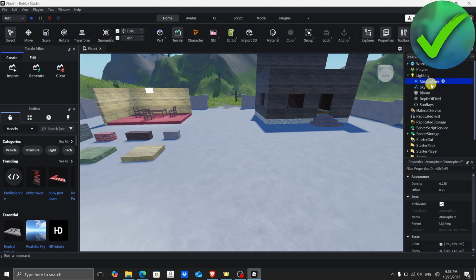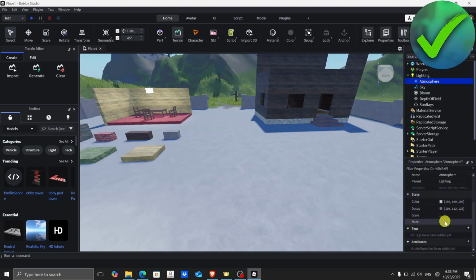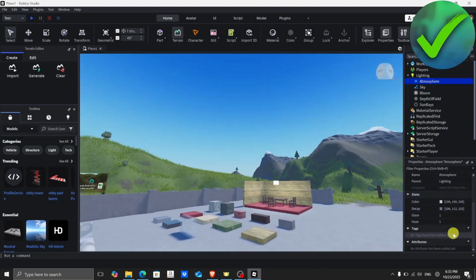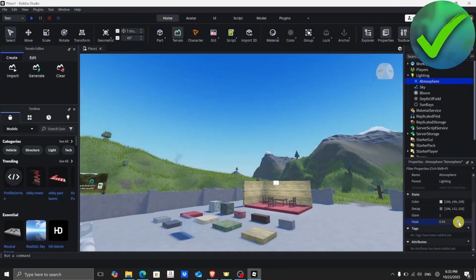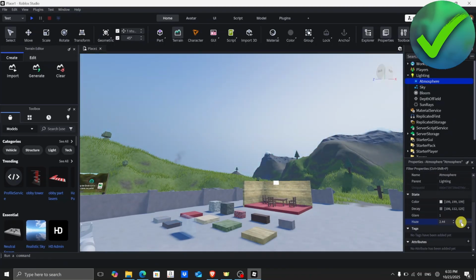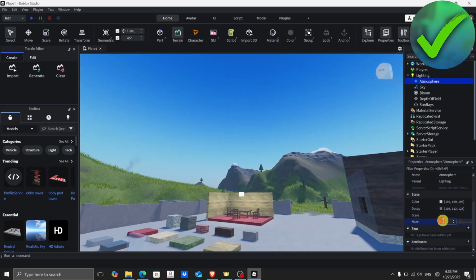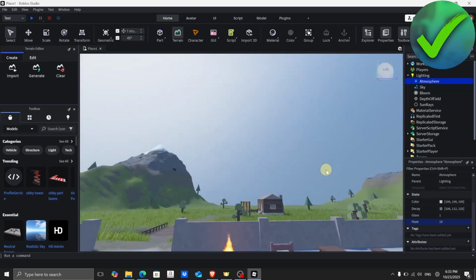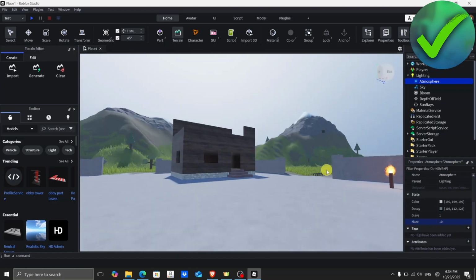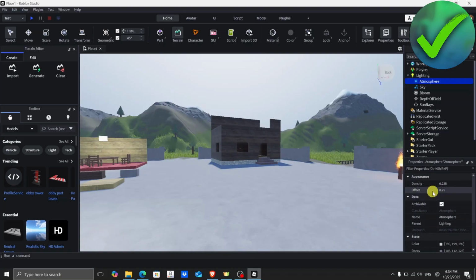And then once you're on the Atmosphere, all you have to do is to scroll down until you see this Haze. If you adjust the Haze, this is what it will look like. So as you can see, there's kind of like a fog effect on the sky. So I'm going to set this to 10. So it's up to you if you want to put it lower or higher than that. So once you do that, the next thing that we need to do is to scroll up into the properties,